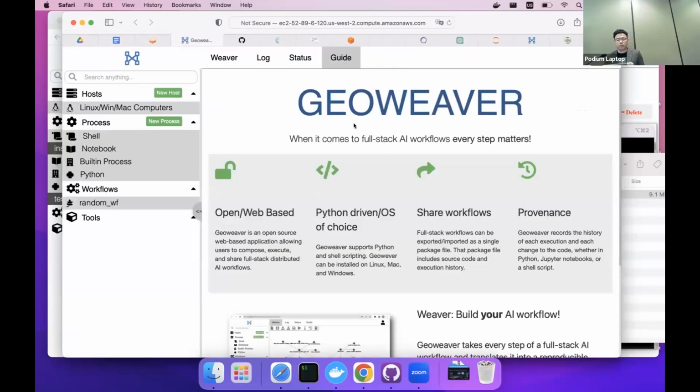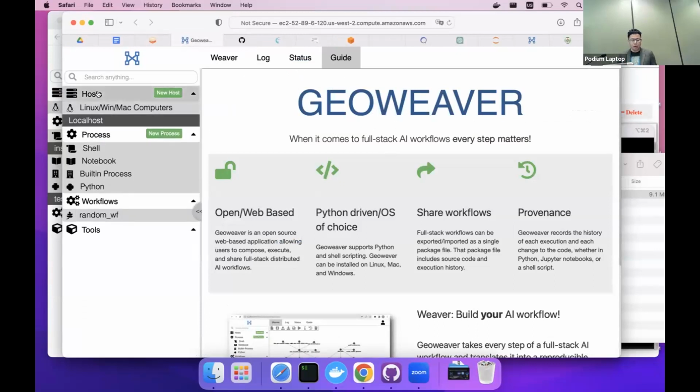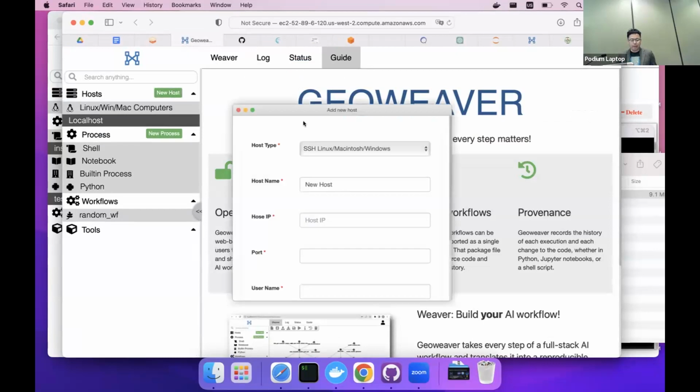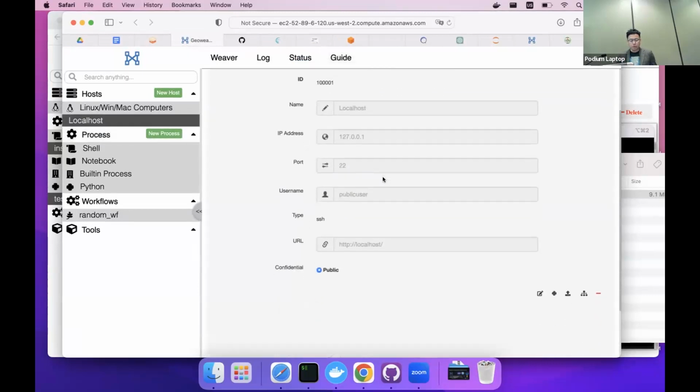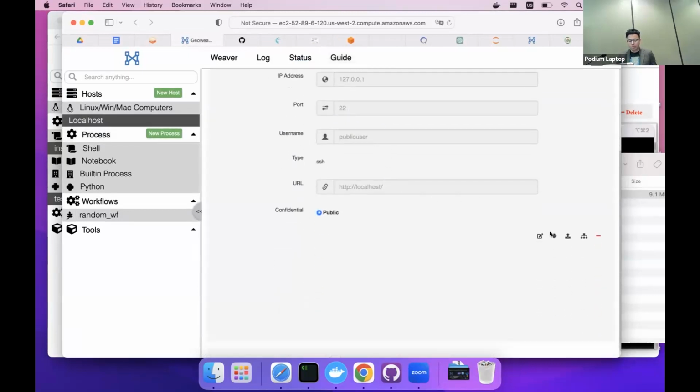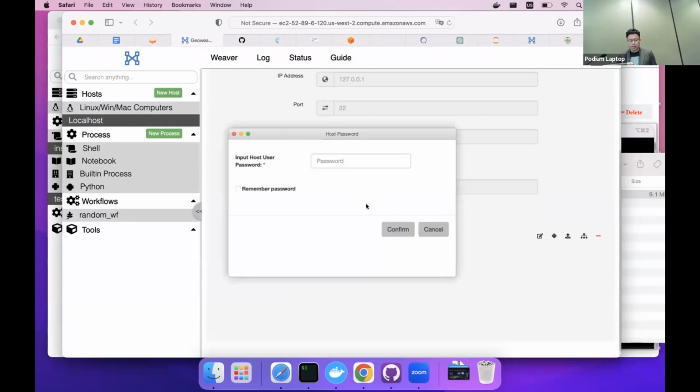So you can basically do everything here. It has a host. Host means your computing resources. You can add any server, like an HPC or an EC2 instance here. We're just using localhost. If you click this button, the password is ESIP.